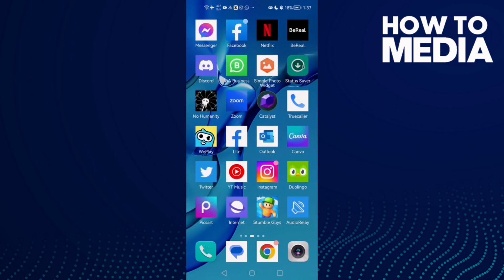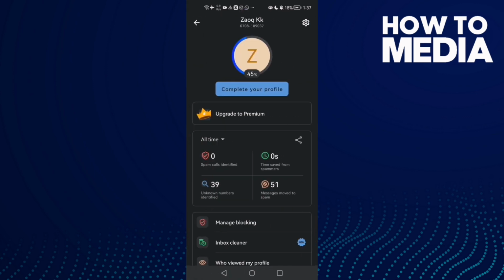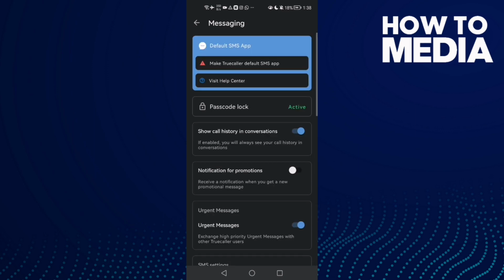First open Truecaller and then click on your profile here. After that click settings and now just scroll until you find messaging